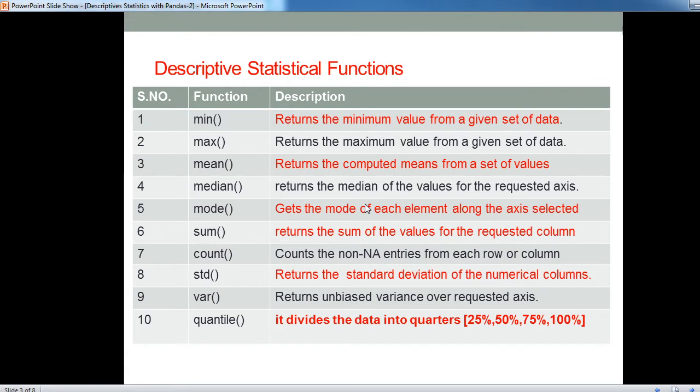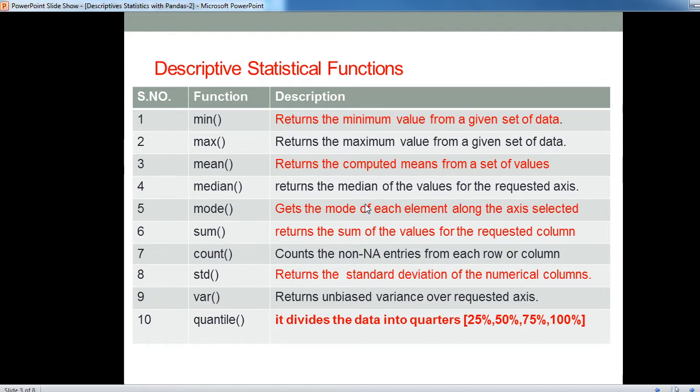In my first video I have already covered how to use these functions on a data frame. They are minimum function, maximum function, mean, median, mode, sum, count, standard deviation, variance and quantile.